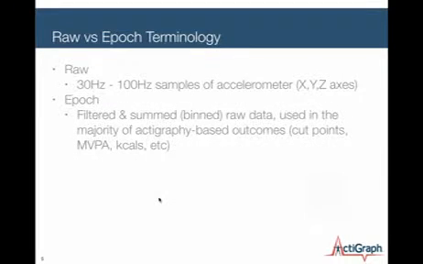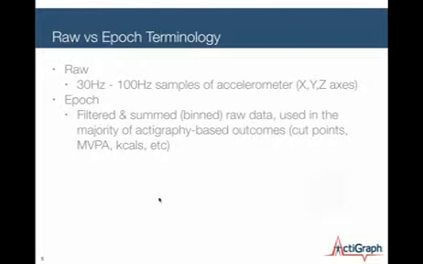When we talk about epic data, I'm talking about the filtered and summed raw data. So this is essentially the binning, if you will, if you're familiar with the statistical term binning, the binning of this raw data after you have integrated it. And so this is used, as I state here, in most of the actigraphy-based outcomes like calories, cut points, moderate to vigorous physical activity, all of those algorithms that have been developed that are used to consume the data coming out of all of our products that has been produced even since the late 80s has primarily used epic level